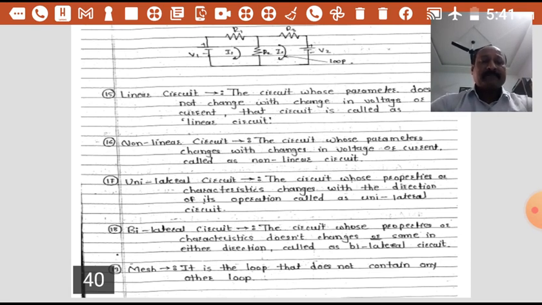By using all the definitions and their relations, we have to solve some numericals on this electrical circuit in the next lecture. So before that you have to revise all these three lectures, as well as prepare the notes by using these PPTs. After revising these notes, you will be able to solve numericals which have different parameters in the electrical circuit. So those numericals we will see in the next lecture.